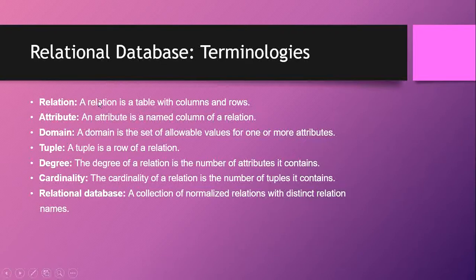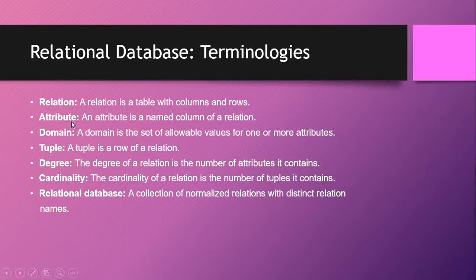So how do we identify the relations in our database? We create relations based on entities. First we identify the entities of our organization or company, and then we create a relation or table based on those entities. For example, a student can be an entity for a university management system, so we can create a relation Student in our database.